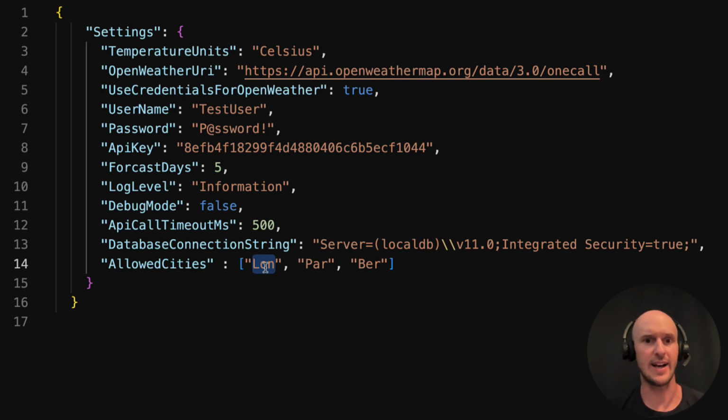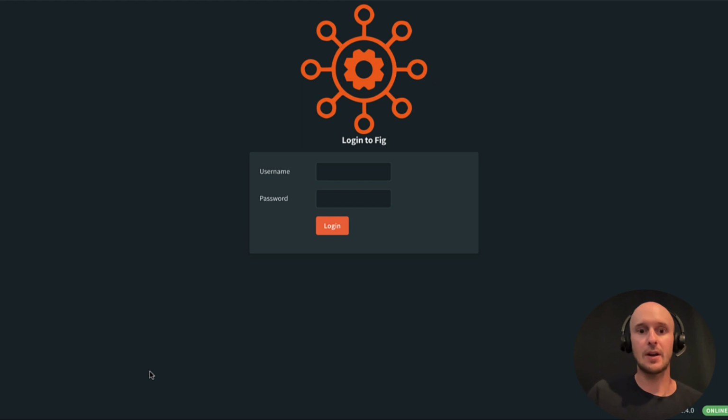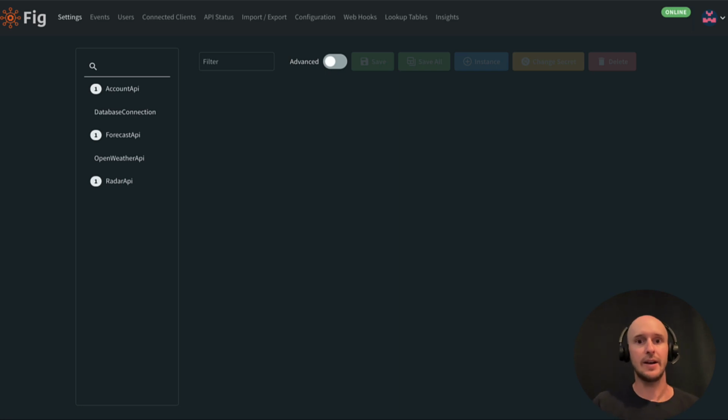So let's take a look at how these same settings would be configured in Fig, and we can have a look through the differences. Okay, moving over in here, we get presented with the user interface. Before I dive into the settings in detail, I'll just quickly have a look at the user interface and the